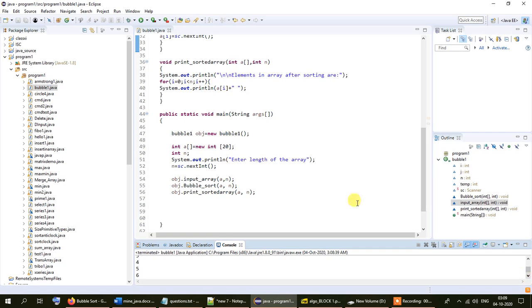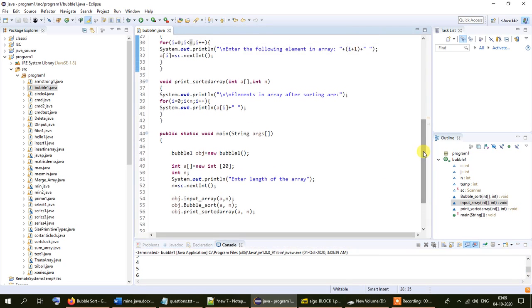Alright, so that is all there is to show in this program. I hope all of you have understood the code. Just go through this video once again if you haven't understood it the first time you view it. Some of you may not understand this program the first time you see this video. For that I recommend watching this video at least 1 or 2 more times, and by then I hope everything will be clear to you.